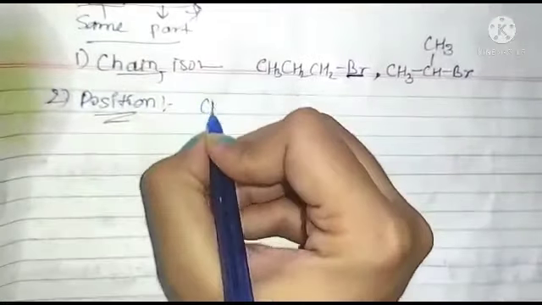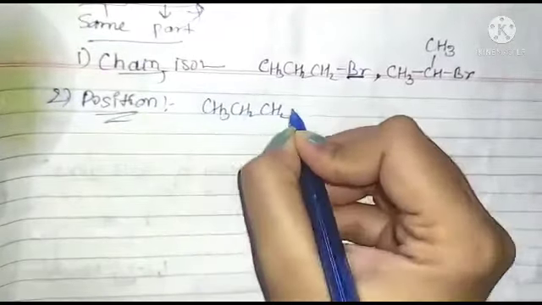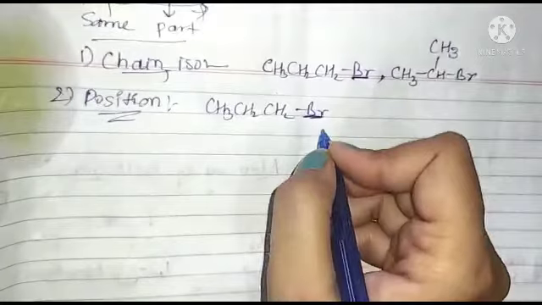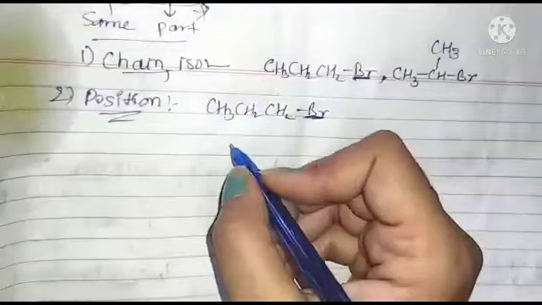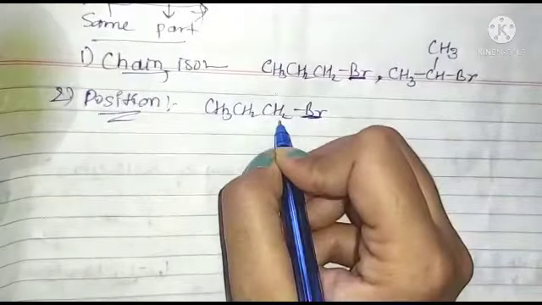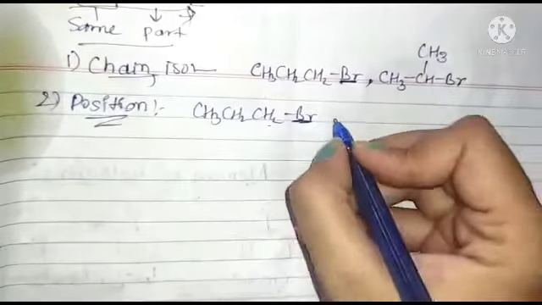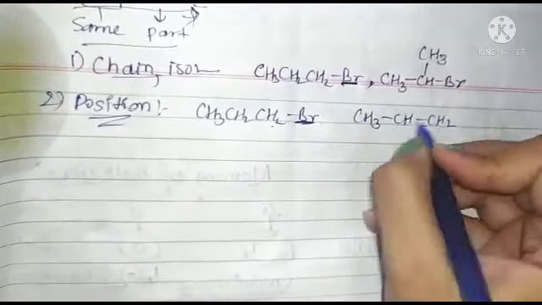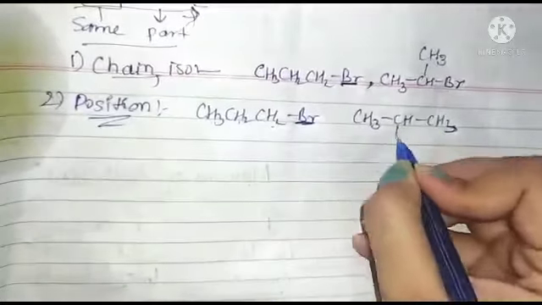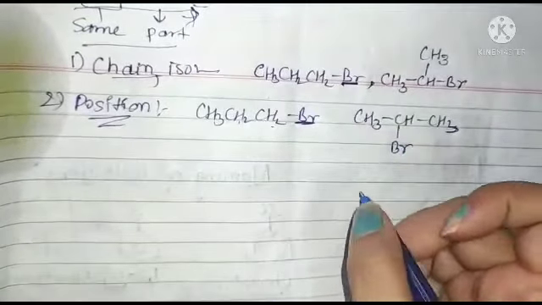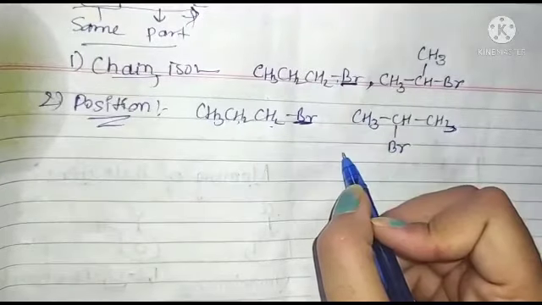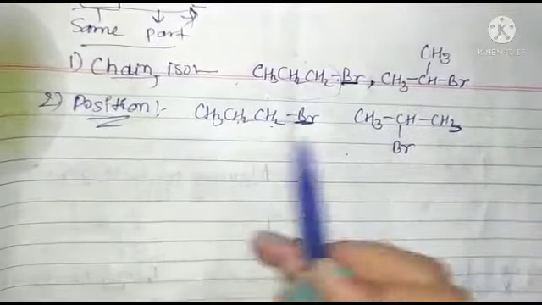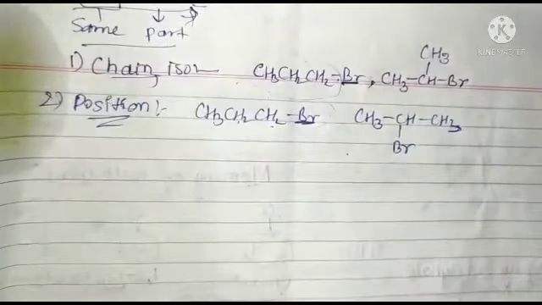Next, the second part, position isomerism. Again, if I take an example, what will happen in position isomerism? Now the halogen atom can change its position, but the carbon atoms are at the same position. Now I have to write CH3 CH2 CH3, so now this bromine atom goes to this position. Clear? This is the difference between chain and position isomers. In chain isomers, the carbon chain is displaced, and in position isomers, the halogen atom changes its position.